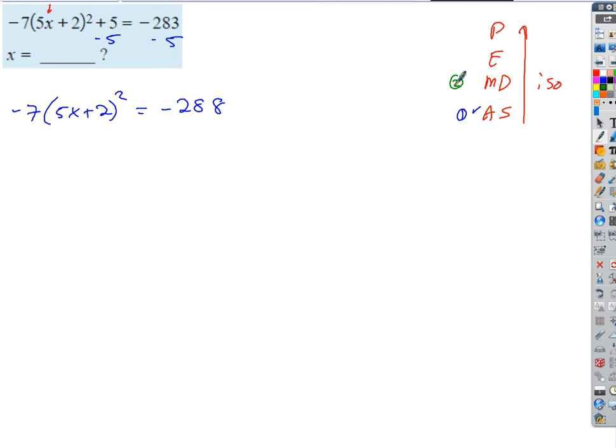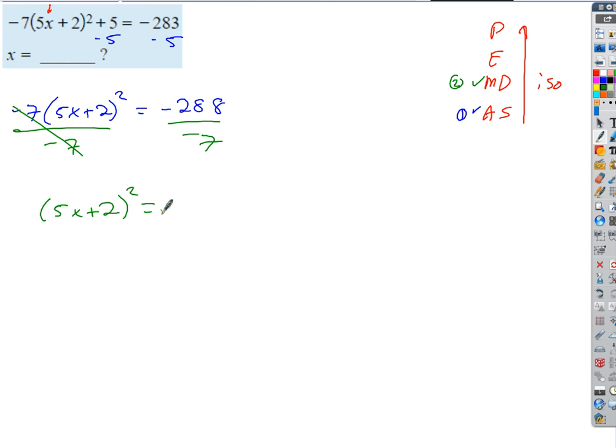Okay. Step 2, multiply, divide. You told me divide both sides by -7. Excellent. Remember, we don't distribute here. How come? In fact, we can't distribute here because of the exponent, right? We can't distribute when a quantity is being taken to a power, right? So instead, we divide by -7. Good stuff. So that cancels those, right? And we end up with, on the left side, the quantity 5x plus 2 squared